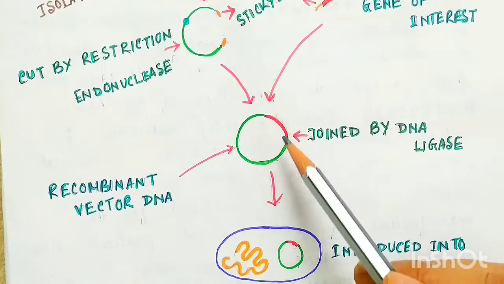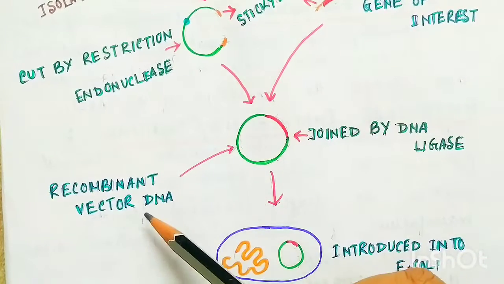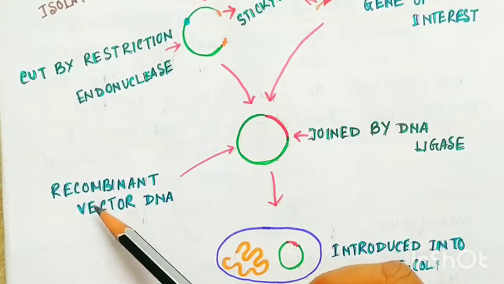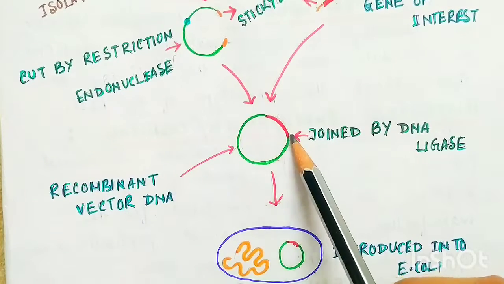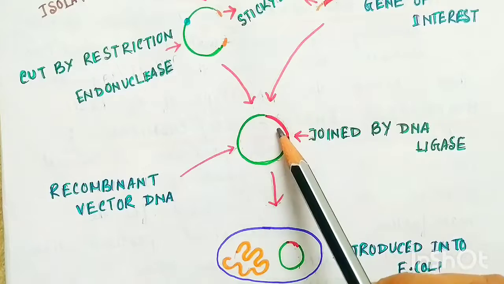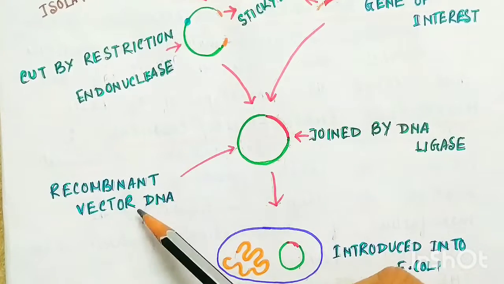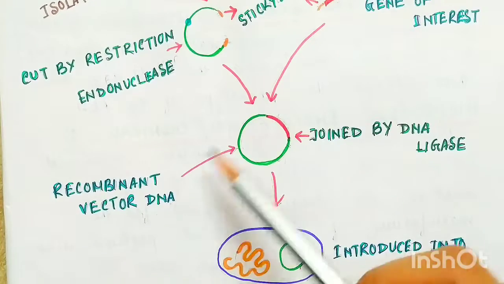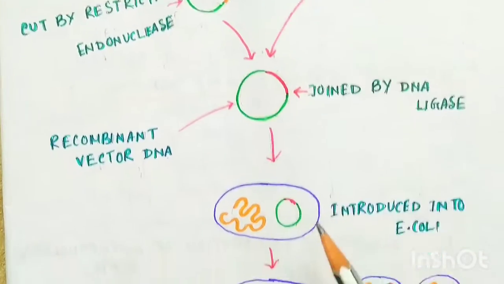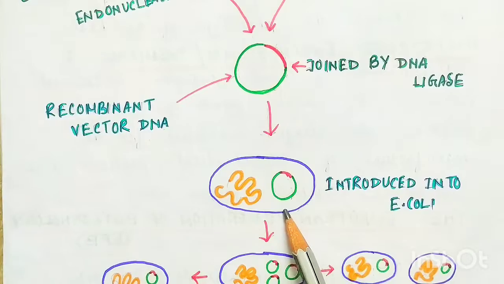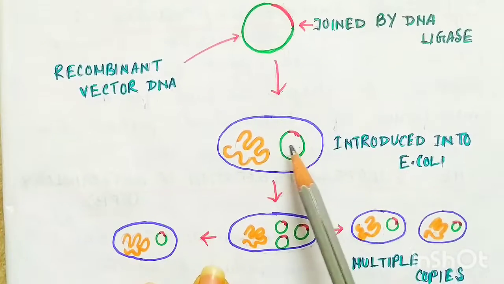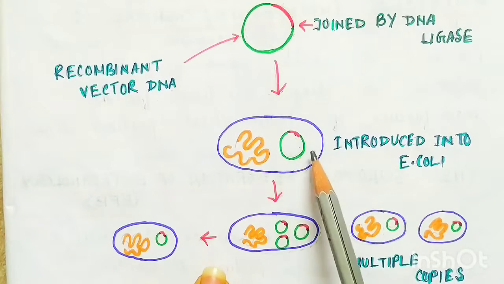And this is now called recombinant vector. Recombinant means mixing of two different genes. Since here two different types of gene join and form a single unit, that's why it is called recombinant vector DNA. Now this recombinant vector is introduced into the host where it can maintain itself, and since plasmid has the